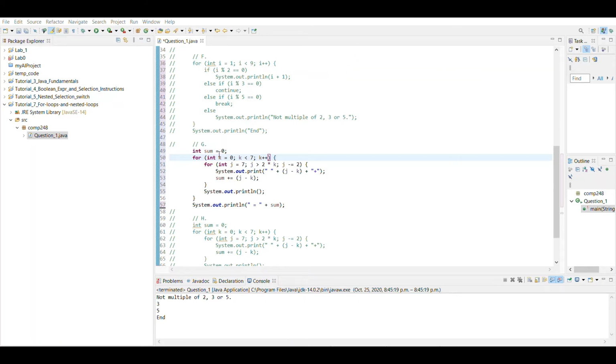So we start with k equals 0, and then inside the outer for loop we immediately start a new for loop where j equals 7. We print out a space, and then j here equals 7 minus k, which is 0, so the value is going to be 7, and then there is a plus here, so we add a plus, and then we add the value of the difference to sum, so sum is going to be 7,